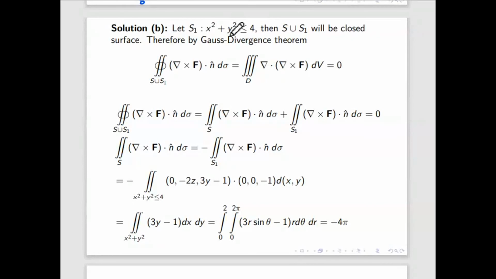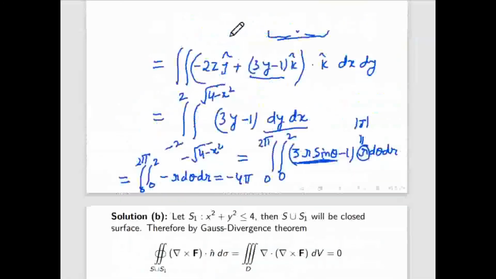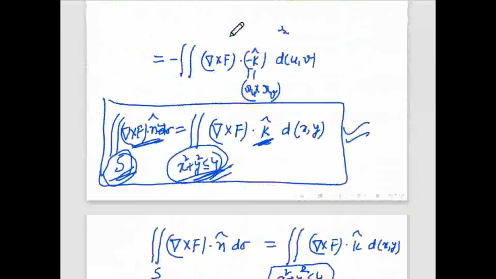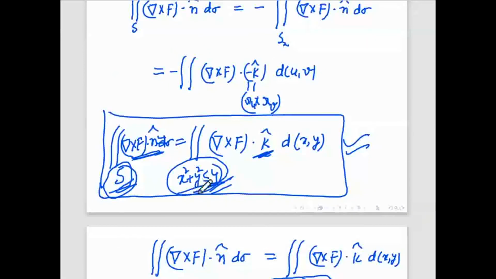So that surface integral actually becomes a double integral, and that relation I gave here. This surface integral is the same as the double integral over this disk, x square plus y square less than 4. So the surface integral is also easy if you can apply this, but this technique is applicable only when you have del cross F dot n. For other surface integrals you cannot use this. That's why the surface integral is the hardest one of all these integrals.